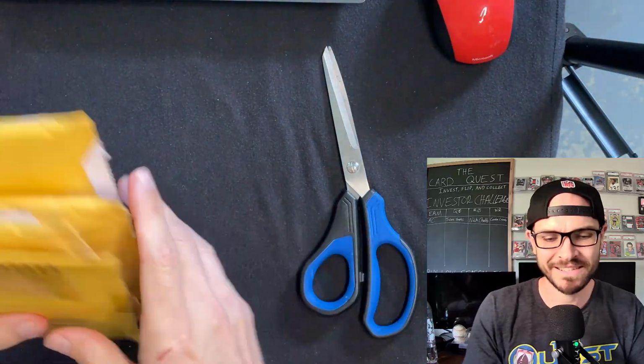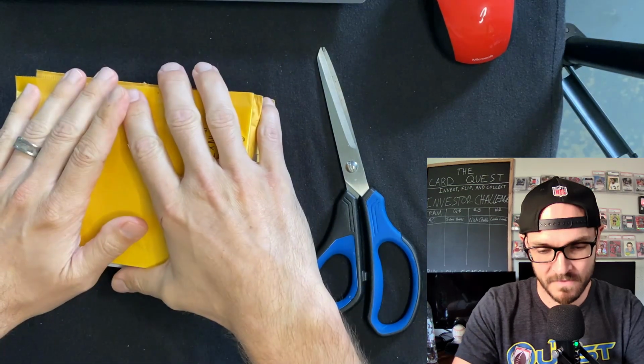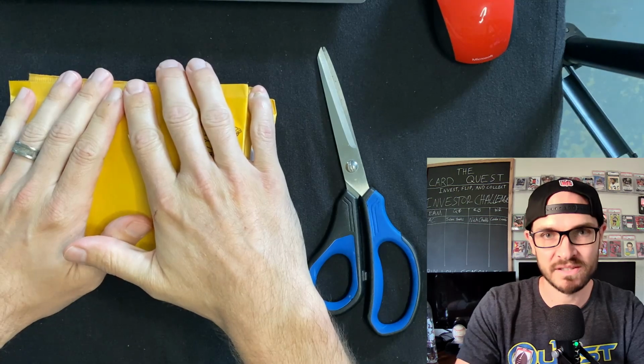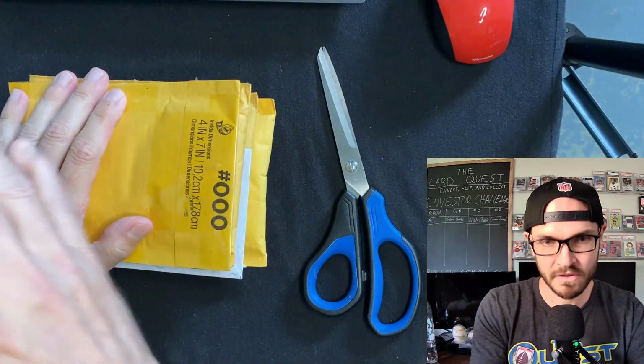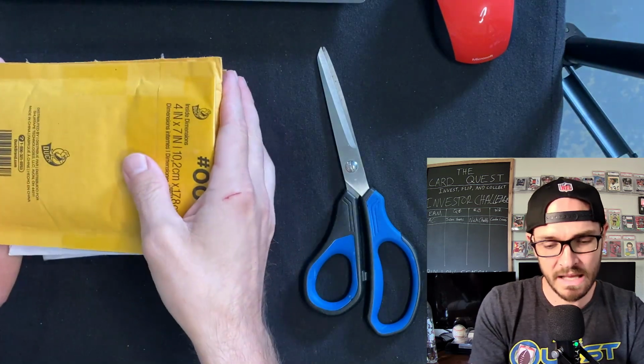Let's just dig straight into these packages. I want to open some packages in this mail day because I have a feeling that there's some beautiful rookie cards of NFL skill position players that correlate perfectly with the theory we were just talking about, and the Google Sheets,